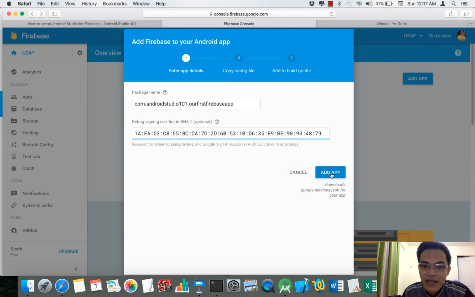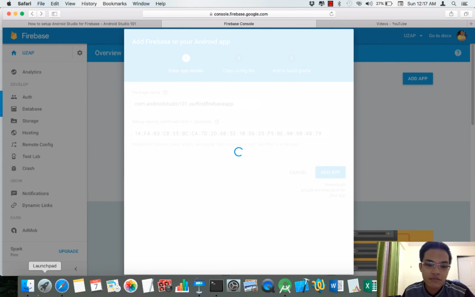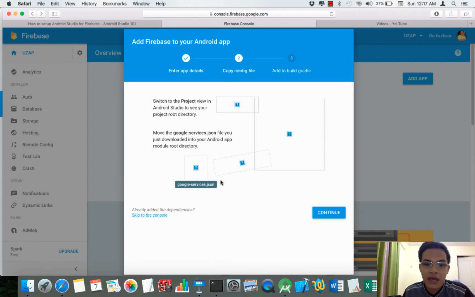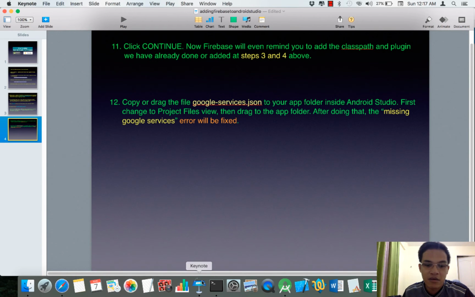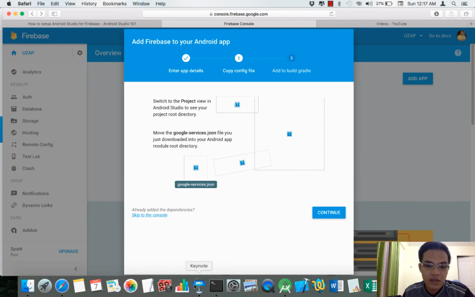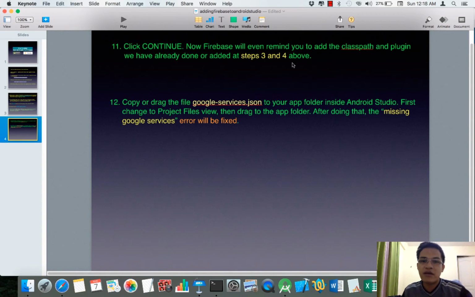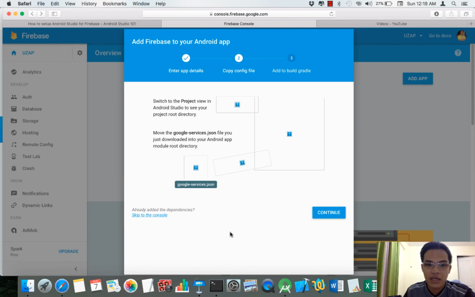So you click add app, and what are the steps here? Click continue. Now Firebase will even remind us to add a classpath and plugin, which we have already done at steps 3 and 4. So if you click continue,